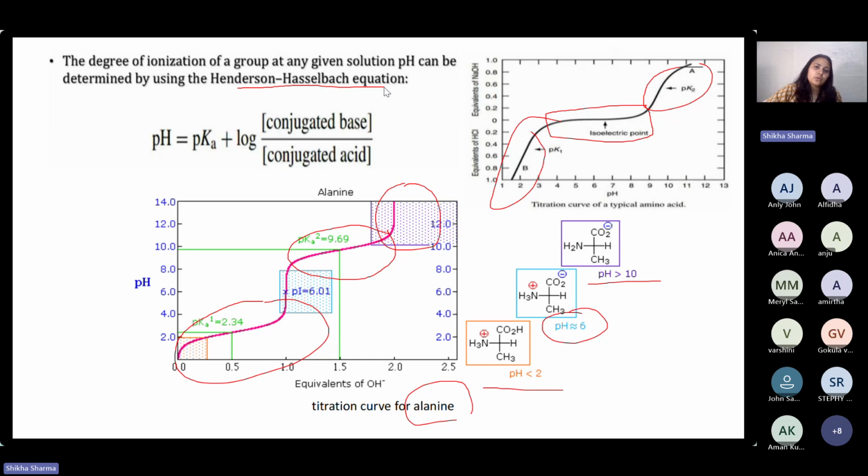Henderson Hasselbalch equation: pH equals pKa plus log of the concentration of conjugate base upon concentration of conjugate acid. So basically, the Zwitter ion concept and isoelectric point of proteins both depend on the pH. At some pH they'll be neutral, and at high pH or low pH they'll have either positive or negative charges.